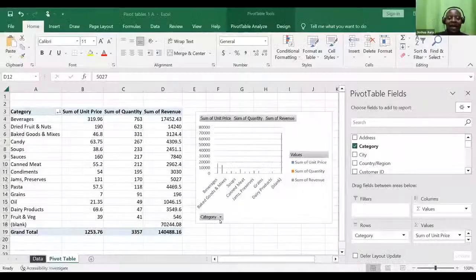You are too far. You are way ahead of us, but you haven't yet cleaned the blank. Is it possible you go back to your data here? Just go back to data. Click on data.